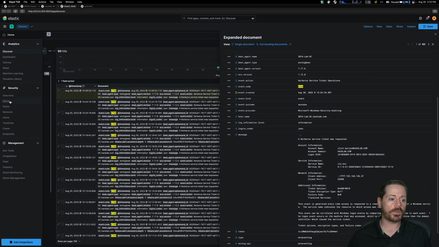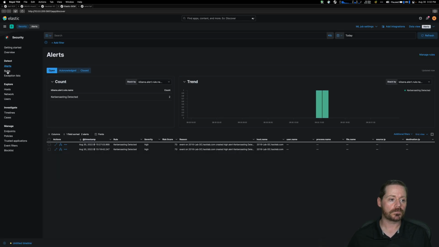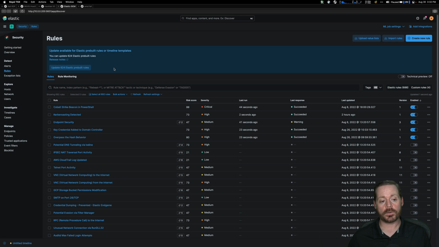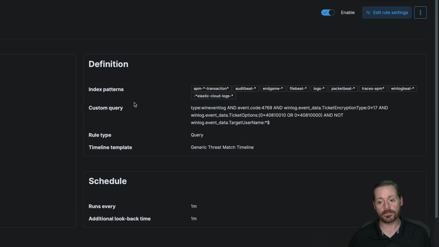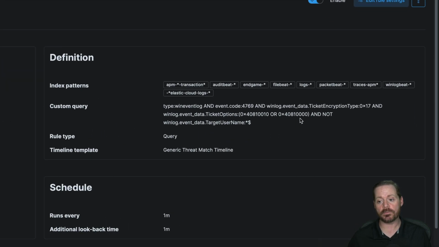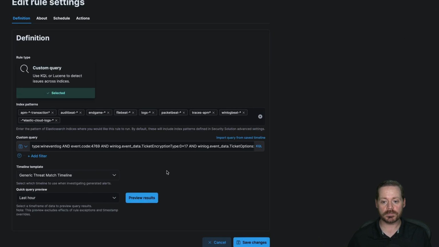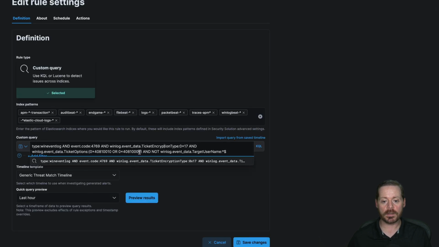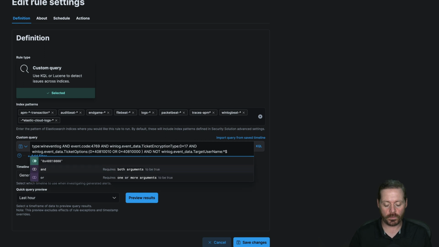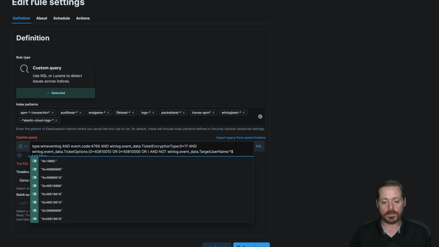So I'm going to go to my rule here. And you're going to notice my rule is actually wrong because I hadn't seen the 0 version of this before, the all zeros version previous to this. So I'm going to go edit rule settings. I'm going to come in here and I'm going to take my target. I'm going to do an OR and we'll go